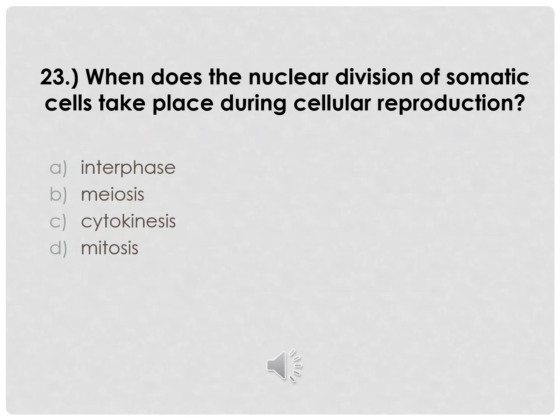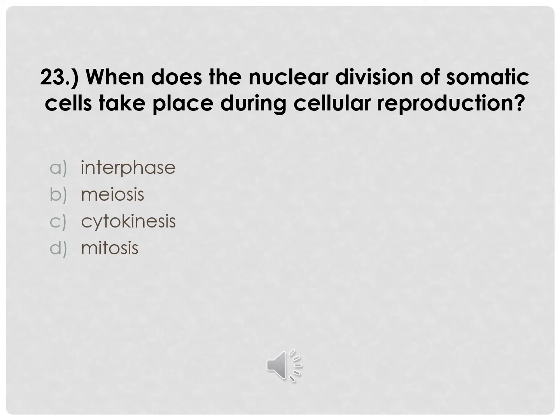When does the nuclear division of somatic cells take place during cellular reproduction? Let's break this question down a little bit. Although nuclear division occurs in both meiosis and mitosis, the key word here is somatic. And somatic cells are any cell of a living organism other than the reproductive cells, so we know it can't